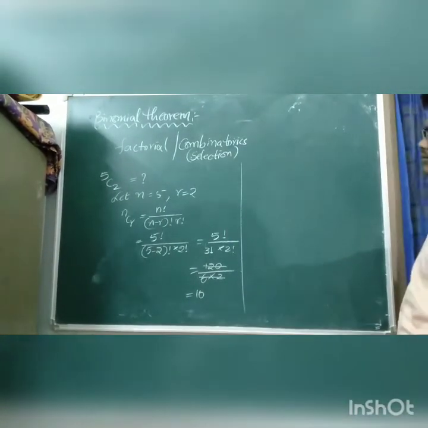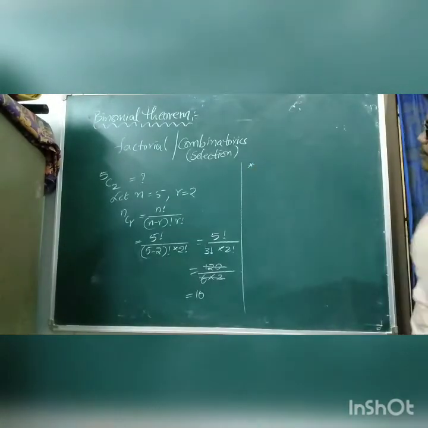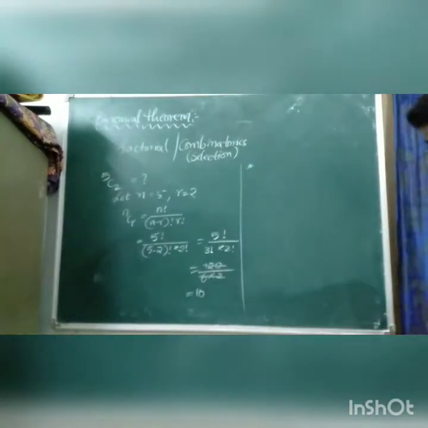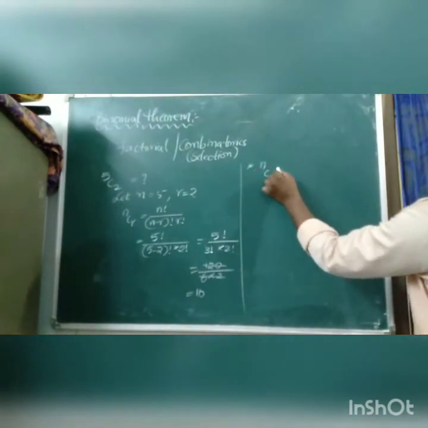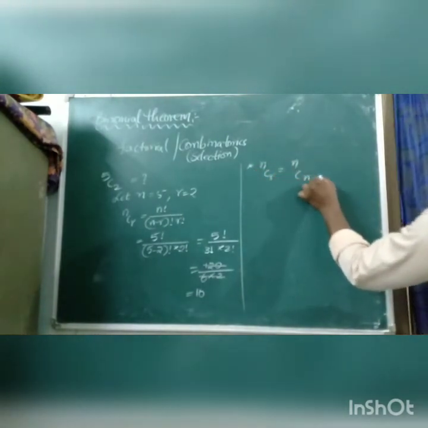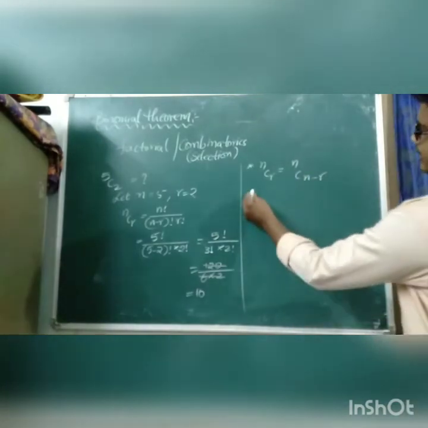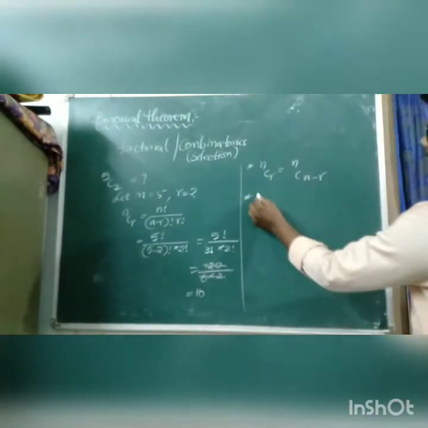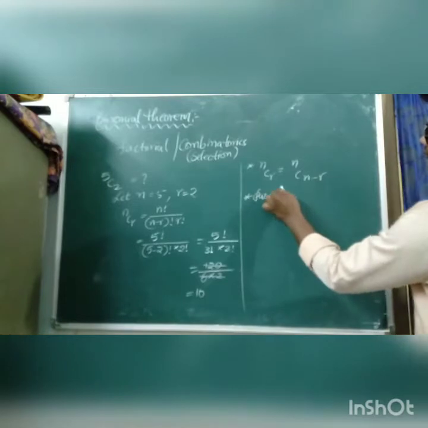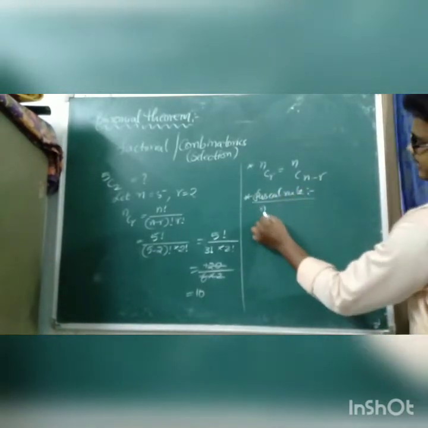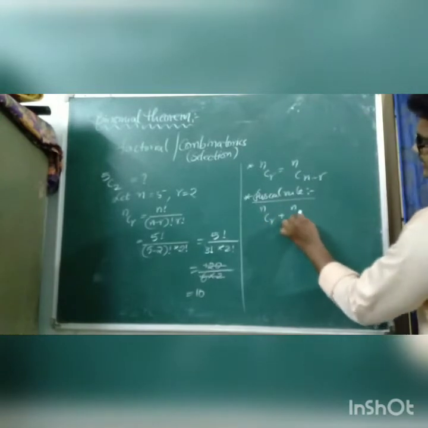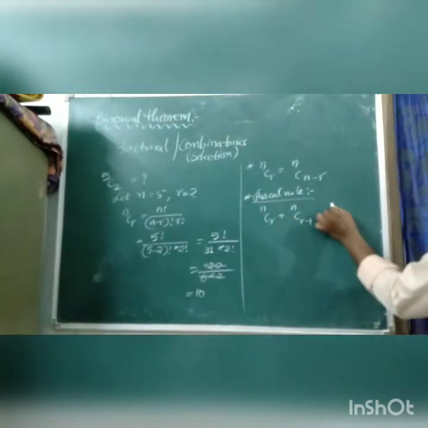And next, the important properties of combination, that is nCr is equal to nC(n minus r). Okay, the main thing there. And the next, Pascal's rule. Pascal's rule is nothing but nCr plus nC(r minus 1), which is equal to (n plus